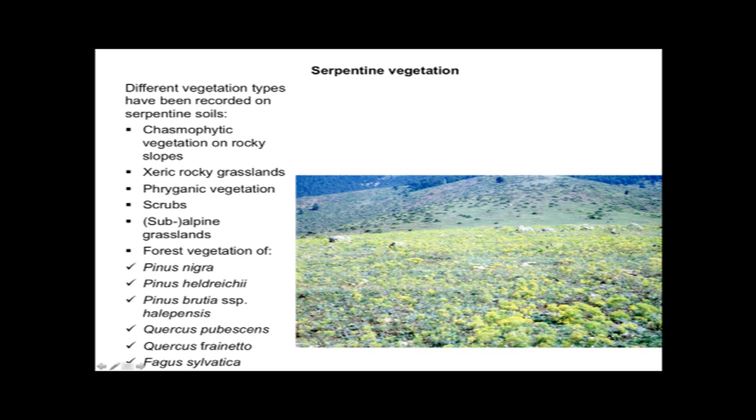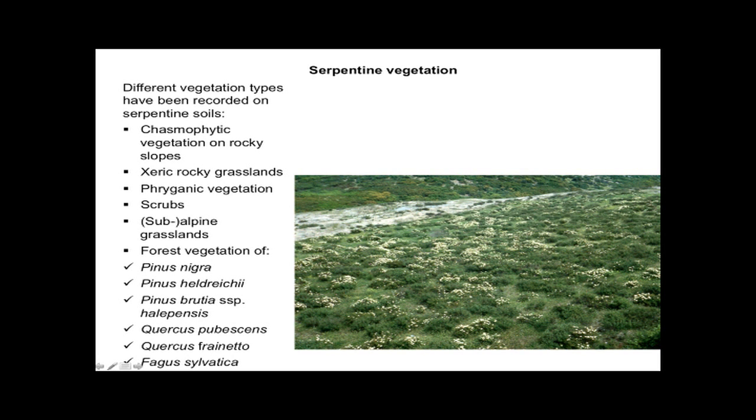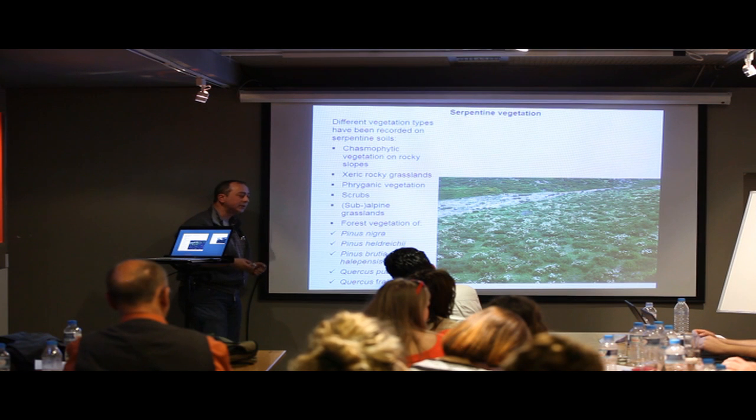Xeric grasslands, rocky grasslands. Phryganic vegetation. We have here the phryganic species Cistus albifolius. Scrubs dominated mainly by Juniperus species. Subalpine grassland of the class Daphno-Festucetea,